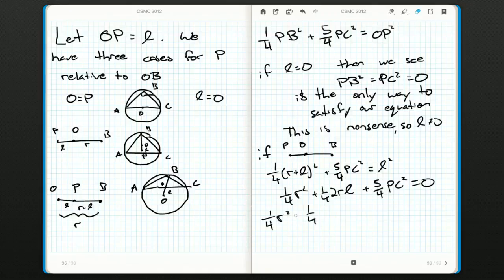Or it is, but we also need to plug in some other things. 5/4 r squared minus L squared equals 0. Okay. So then we have